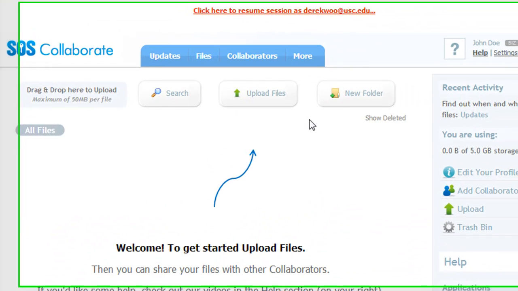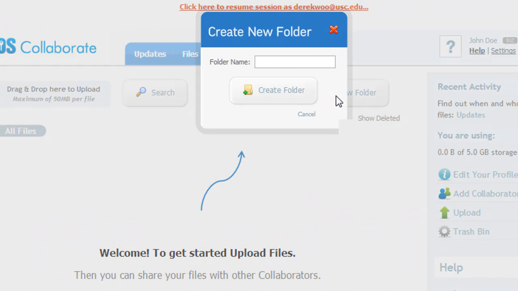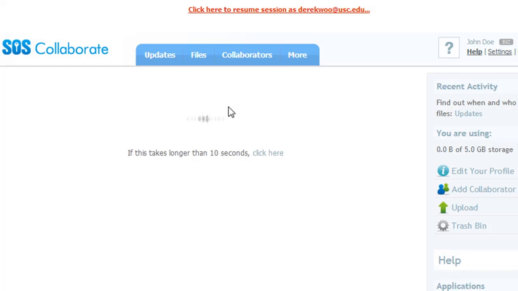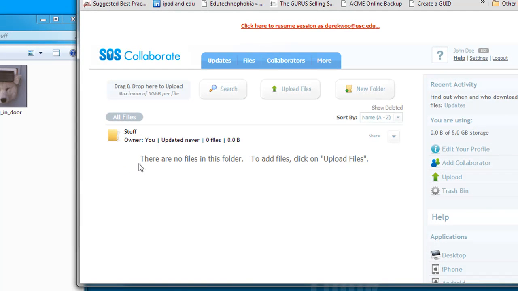The first thing that we want to do is add a folder. So the whole system is based on different folder names that you can add. If you add items to the root of the collaborate drive, then you'll lose some of the functionality as far as sharing, collaborating, commenting. So here we have this folder. Open this folder up,